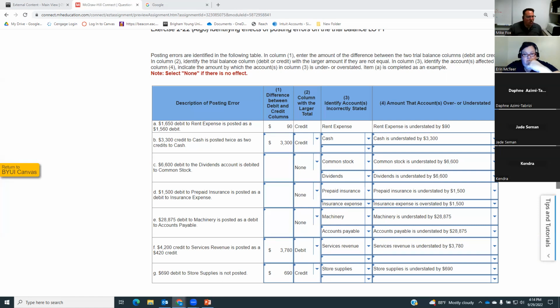I don't like the way it's worded. I don't know if they're expecting me to make the leap that when I initially credited cash properly, I also would have debited the appropriate account at that time, $3,300 in each. But then the second time I accidentally credited only cash, and therefore my credit column would be bigger. I feel like that's confusing.